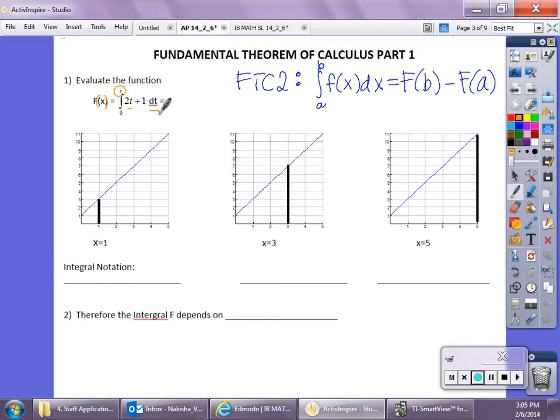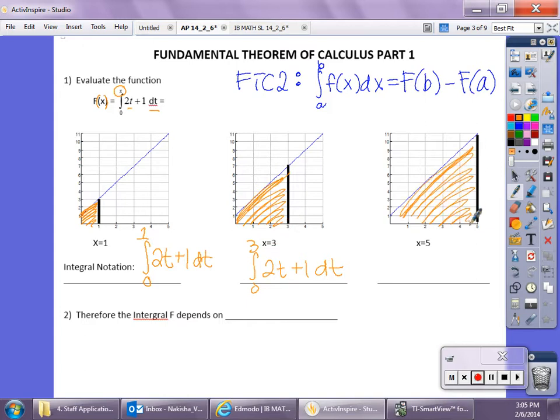So I want x to be number 1, or x to equal 1. For this first guy, the integral notation, which I should have another space there, but I don't, would be from 0 to 1 of 2t plus 1 dt. So that would be this area. And then this one would be from 0 to 3 of 2t plus 1 dt. And this last one here, obviously you kind of get my point, is the area from 0 to 5, 2t